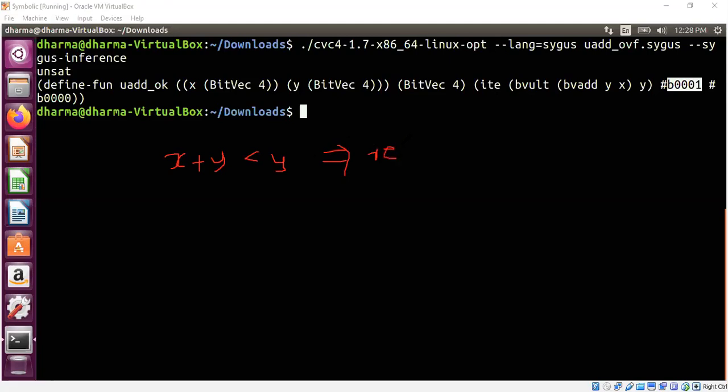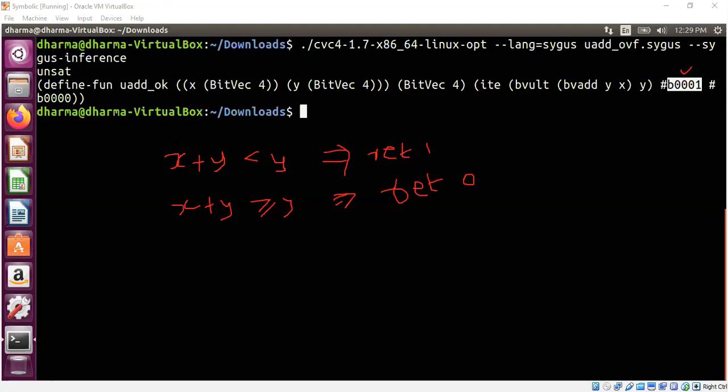Okay, you can assume it's returned. There's no return statement explicitly, but this is basically the if-then-else part, right? Otherwise, which means x plus y is greater than or equal to y, which means the other scenario, no overflow, right? In that case, we say return 0. So this is basically it. Return 0. Okay. So what you're seeing here is a beautiful idea from program synthesis that was able to mechanically